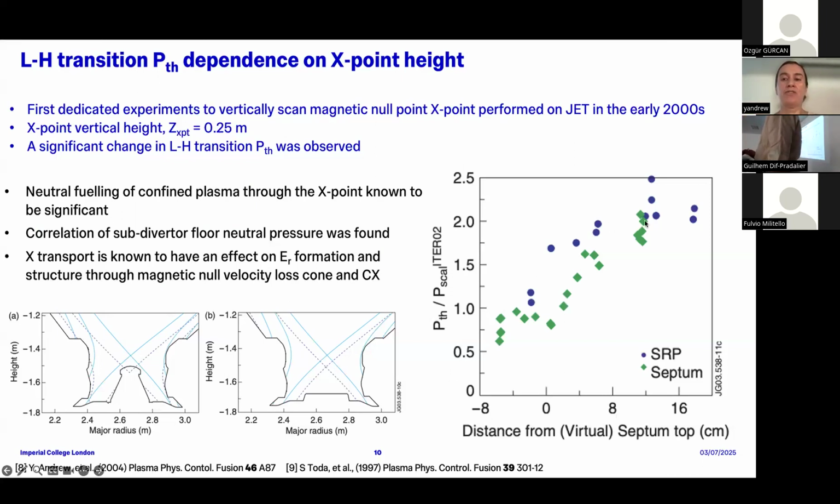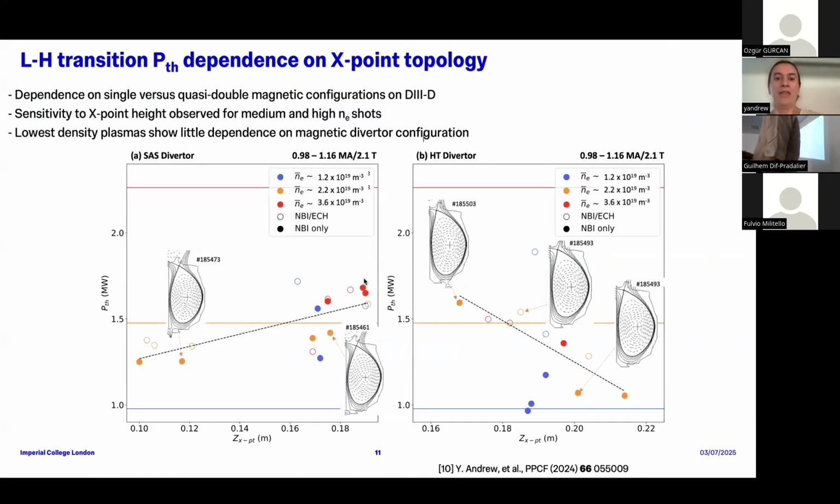So we have a factor of 4 to 5 by varying the X point vertical location. And for these particular shots, the strike points remained on the horizontal target. The triangularity was kept the same. We tried to do some of these scans at constant density to understand what was going on. And then more recently, we returned to this to do some really great experiments with 3D, with Lothar, to look at